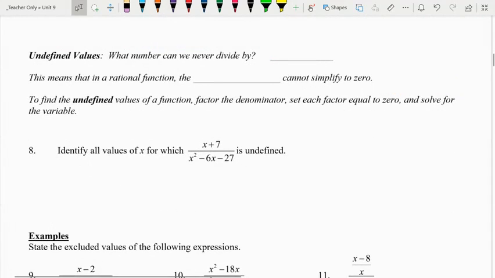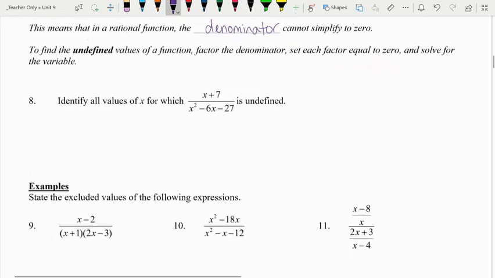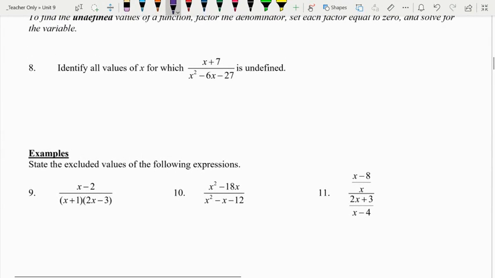So now let's talk about what makes something undefined. Something becomes undefined because there's a specific thing that we can't divide by. We can never divide by 0. So that means that anytime we have any functions like what we have had so far, the denominator can't be 0, because if it did, you'd be dividing by 0, which you can't do. To find the undefined values of a function, factor the denominator and set each factor equal to 0 and solve for that variable. So for example, on number 8, what we would do is